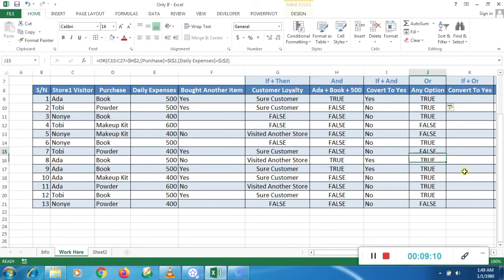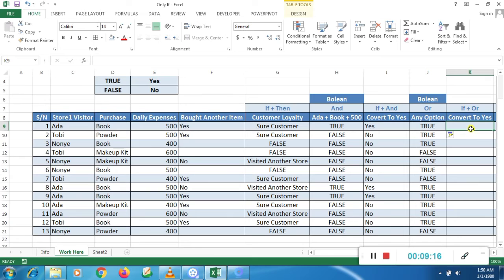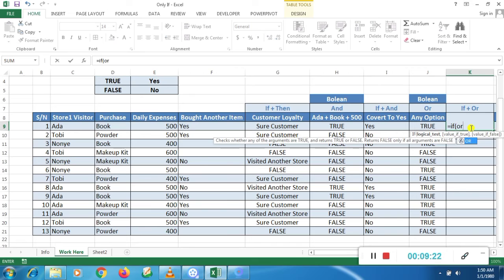Okay. Some of them have it. Okay. Now we are done with that. So now let's do for the if or, let's convert it to yes or no. Okay. If as usual, brackets, or brackets. Okay. Or function. If this